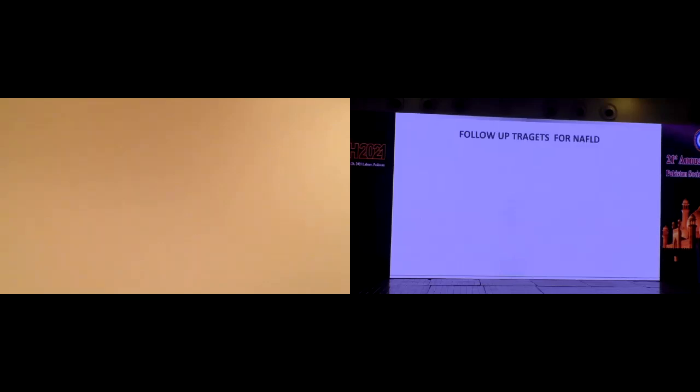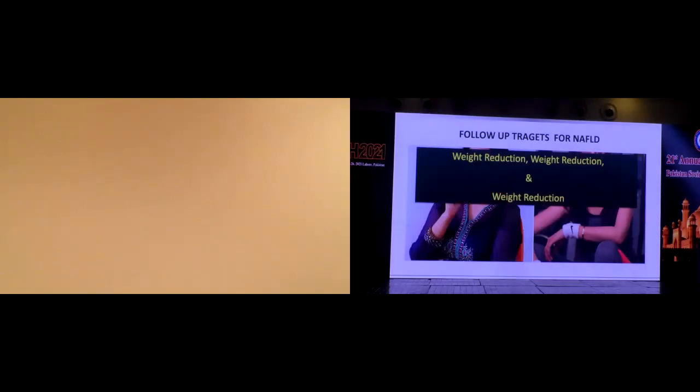And how can we do this? Again, since Dr. Bala is going to take up the management in detail, just a quick slide that these are the important steps based on which we need to monitor the weight in these patients. And follow-up targets for NAFLD. You've seen this picture, a girl who was seen in dramas. She used to be quite big, and then this is recent. The message again, with the advocacy groups: weight reduction, weight reduction, weight reduction, and we need to monitor as hepatologists,